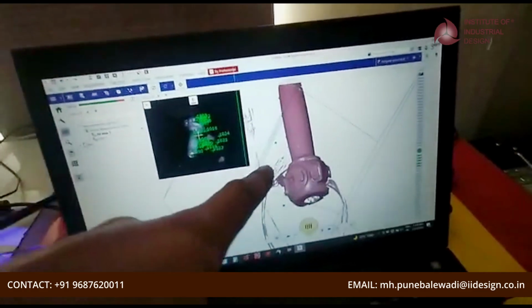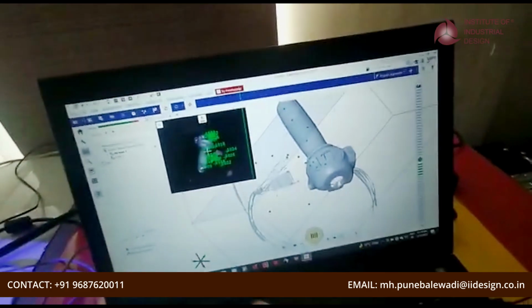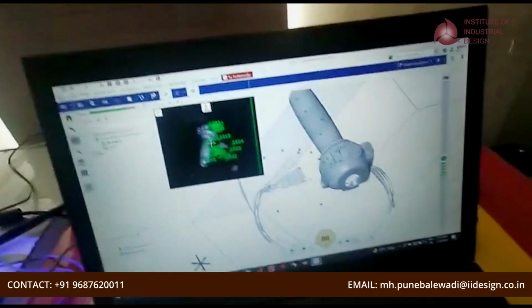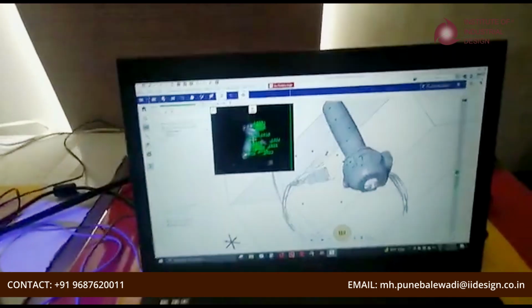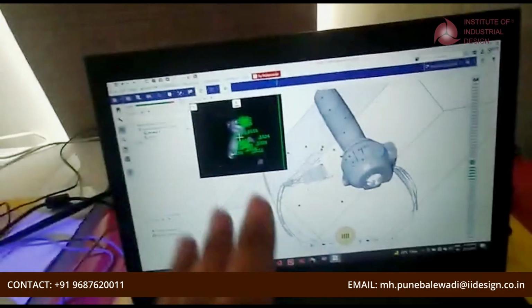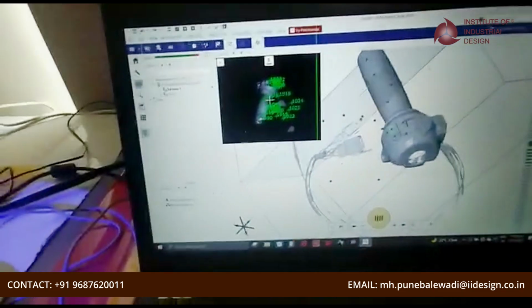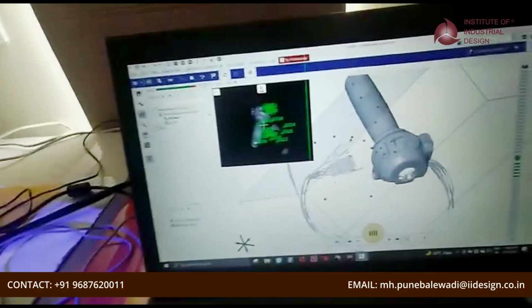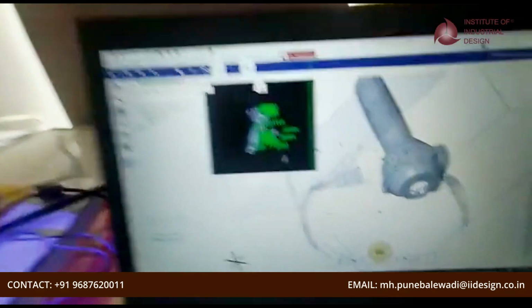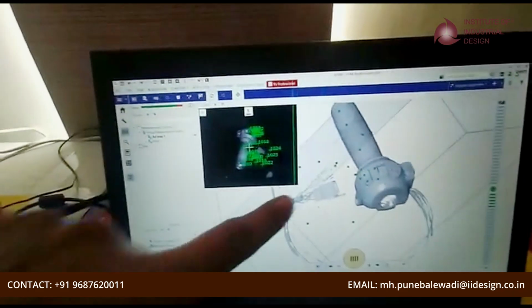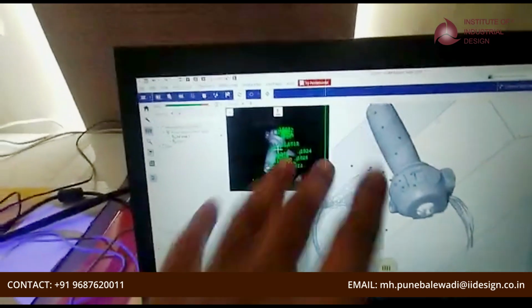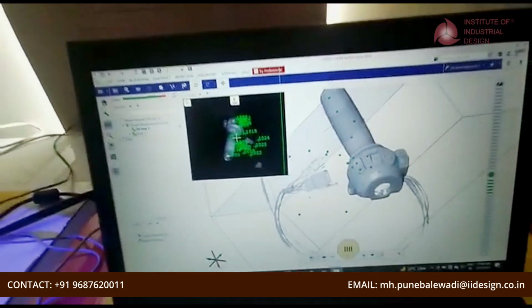We scan the top side and also the bottom side. The top side scanning and bottom side scanning will further be merged into the total scan by taking a reference marker, a reference position. The reference position is nothing but a common point between the top side and the bottom side.